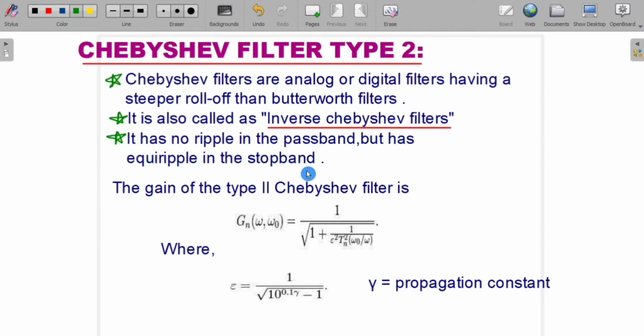The gain of type 2 Chebyshev filter is given by G_n(omega) = 1 divided by root of 1 plus 1 divided by epsilon squared T_n squared (omega_0 by omega), where epsilon value is given.